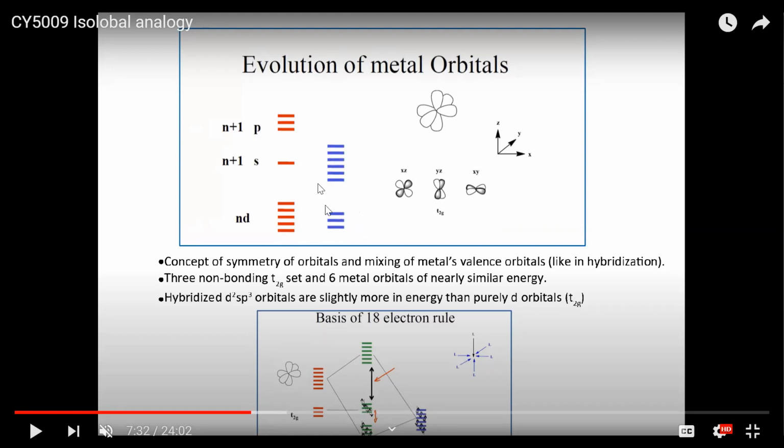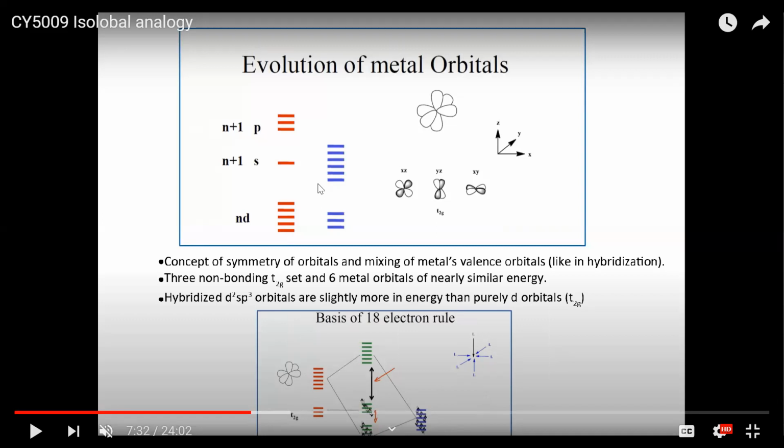So therefore, what we are essentially talking about is the number of d electrons. Now, the rest of the orbitals in the metal are all ready to form bonding and anti-bonding molecular orbitals. They are all grouped into certain symmetry labels, which we call metal group orbitals. Similarly, the ligand group orbitals also come with their own set of labels. And therefore, all of these will find matching symmetry with the ligand group orbitals. Therefore, they combine to form bonding and anti-bonding, which is what is shown here. In this lower figure, you will find this is non-bonding, this is anti-bonding, and the bottom one is bonding. Usually the ligands come with 12 electrons,